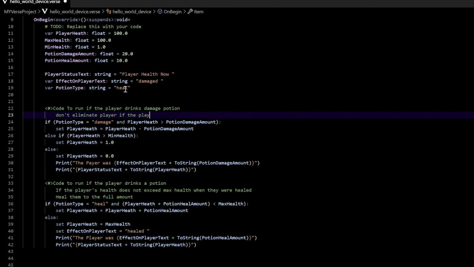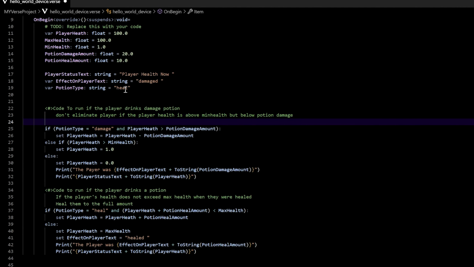If the player health is above min health, but below player damage. Yes. Like the potion damage, I'm sorry. So if they're already below minimum health, eliminate them. If they are